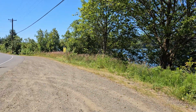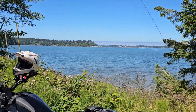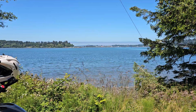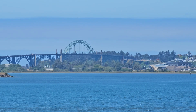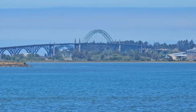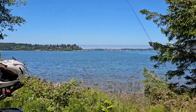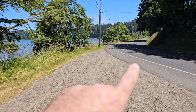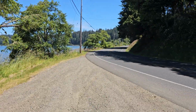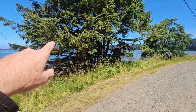This is the Yaquina River. You come down here, and then right about here, you get to the point where you can see the bridge. Let's see if I can zoom in on it. Whoa, that was fast. All right, there's the Yaquina Bridge. So this road continues on around, right around the water here, and all the way around there